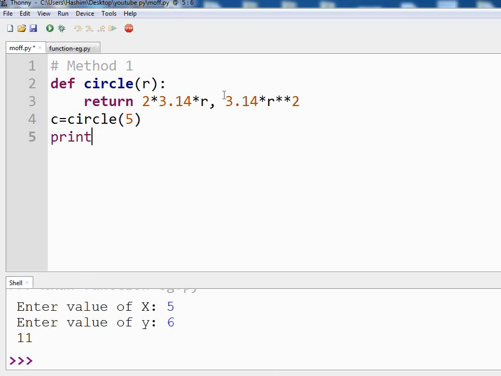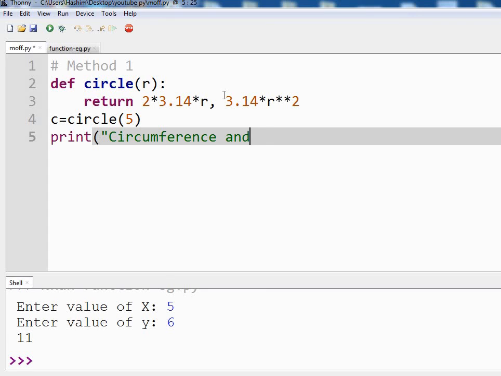Let's say print, and since we are getting two outputs, let us make our output look better by giving some text to it. Circumference and area is, and let us write our variable name.